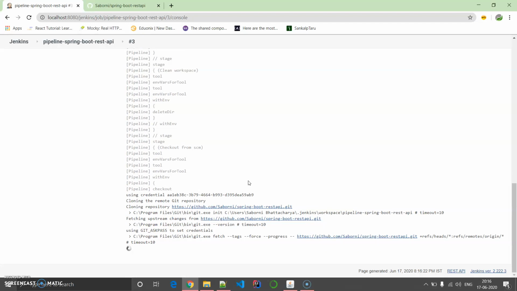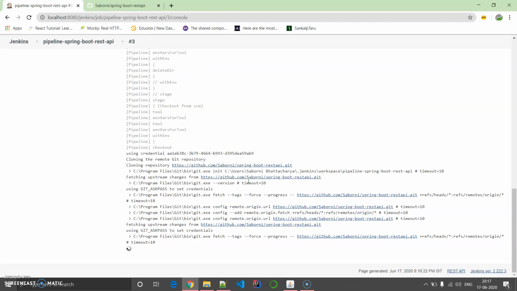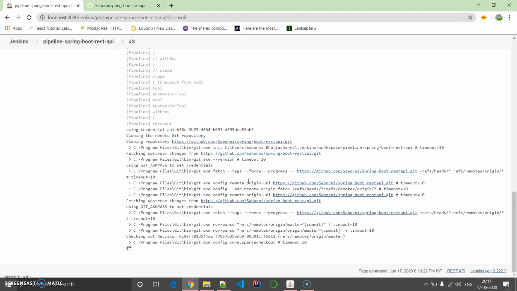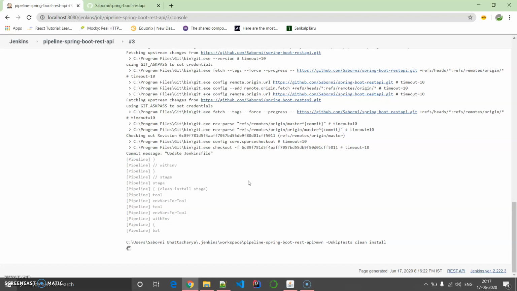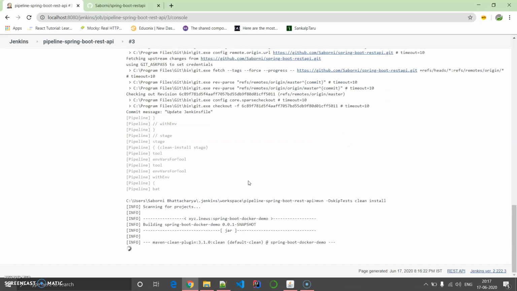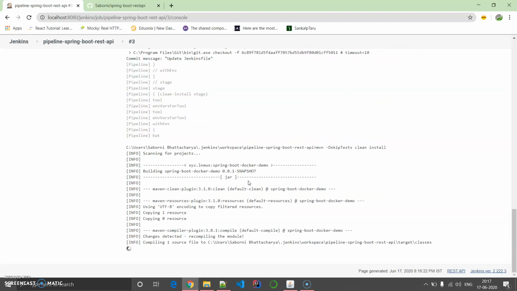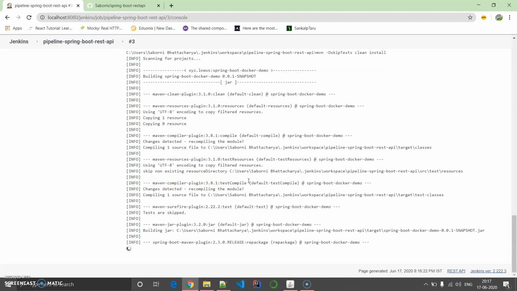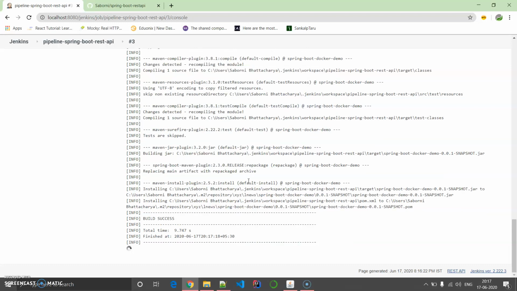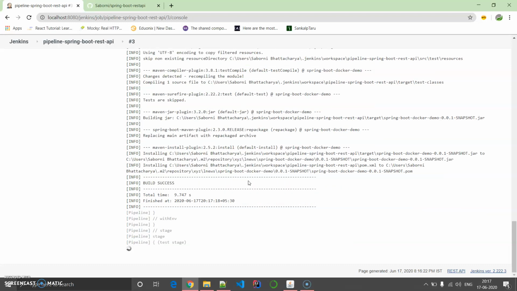Now it's the source code management checkout stage, followed by Maven clean install with -DskipTests. It's going to skip the tests and run the clean install, followed by Maven test.